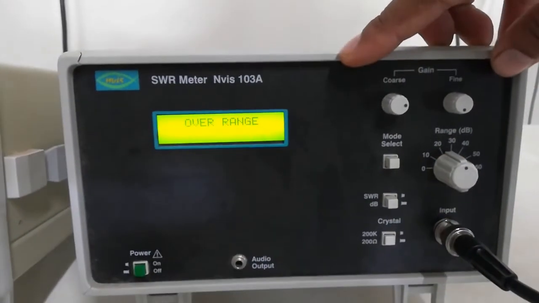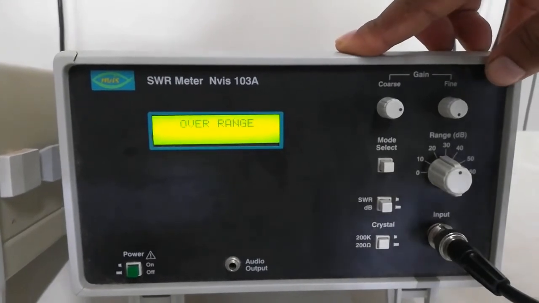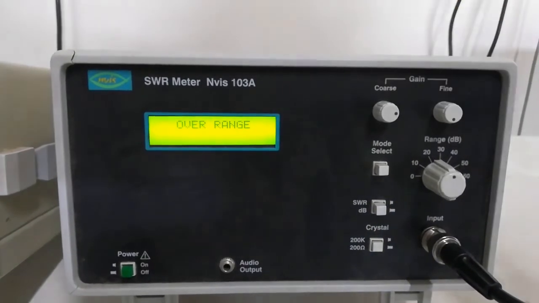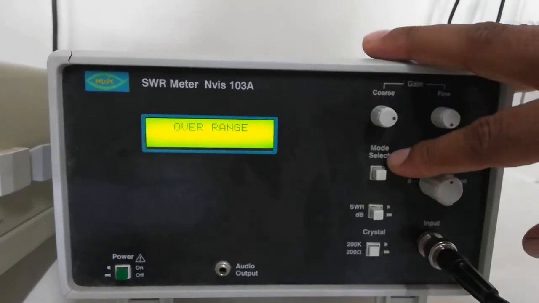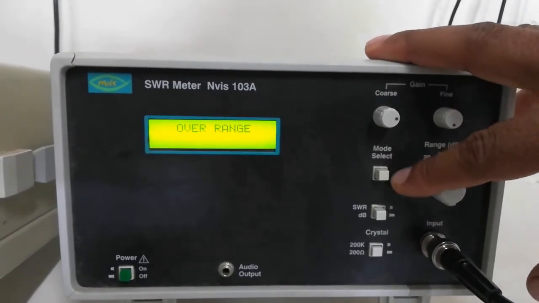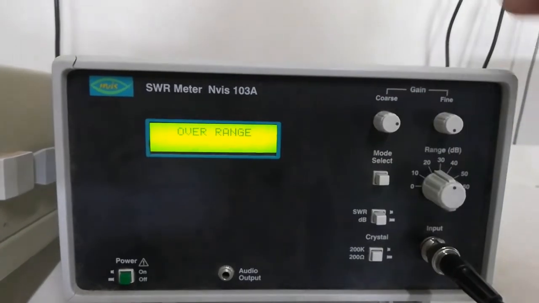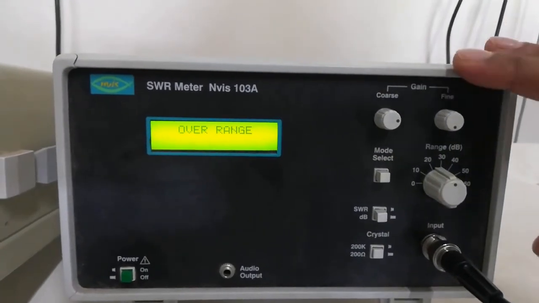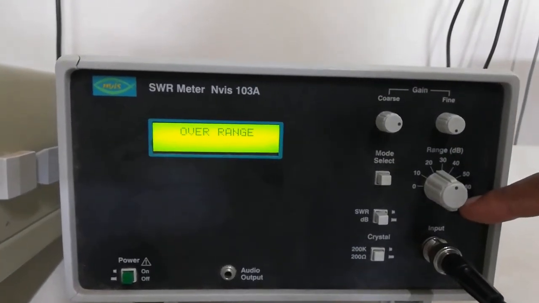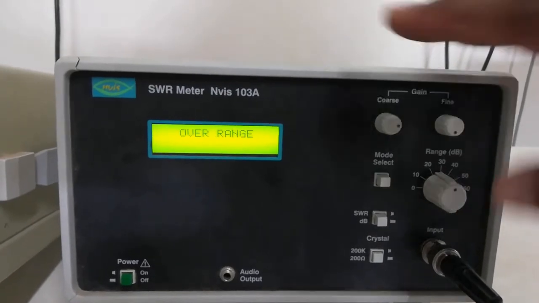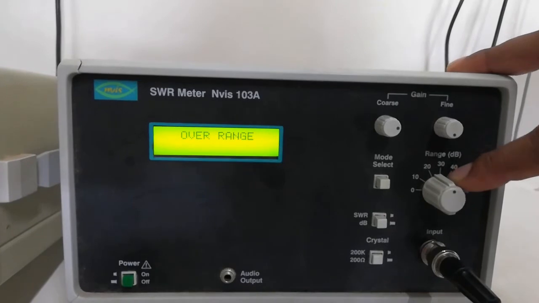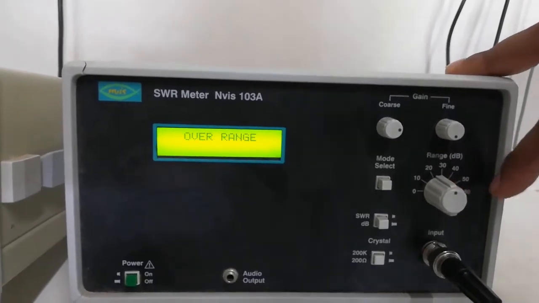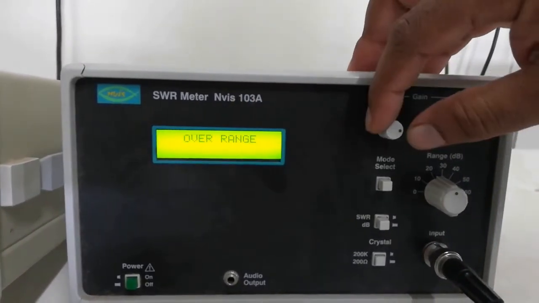This is our SWR meter. This can be used to measure SWR as well as power. So this is our mode select switch. From this mode select switch, we can select power or SWR. Right now this is in power mode. When you switch on, the range switch should be at the maximum, but we have set it right now at 30 dB, and we will set the power level.